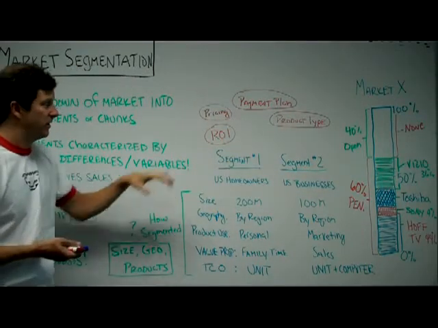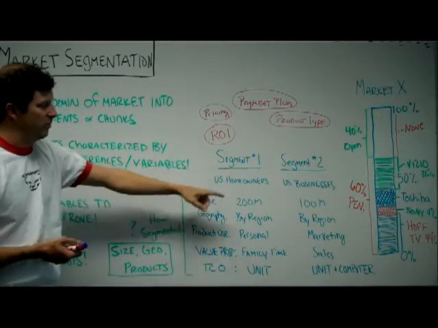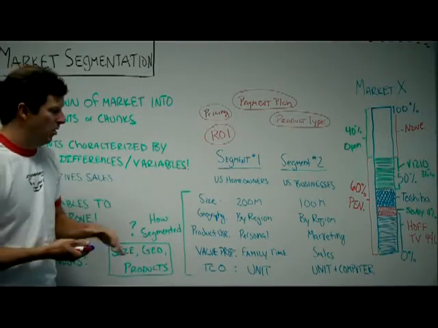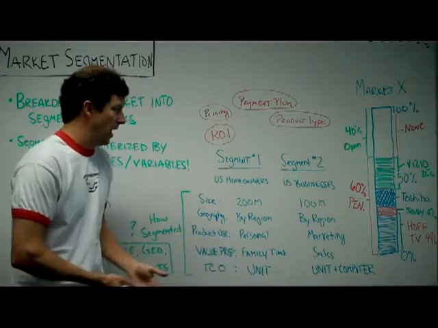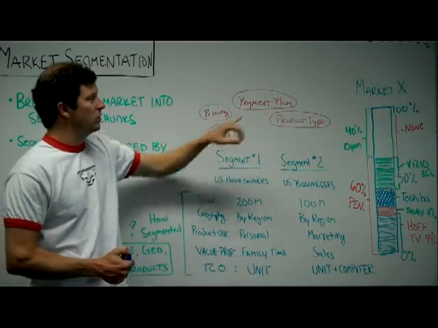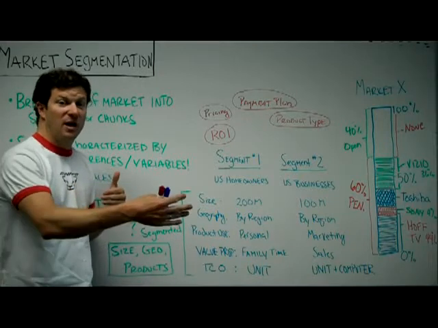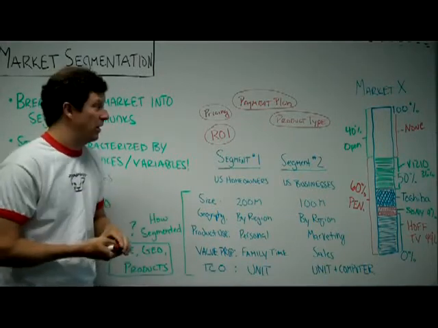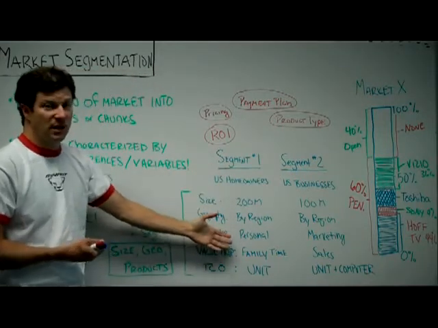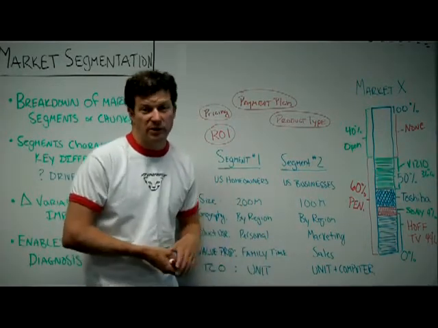to potentially improve sales. So you can change the pricing. You can make it cheaper for homeowners than businesses because businesses aren't as price sensitive. You are going to talk about return on investment differently. For a homeowner, you're going to say, look at all this great family time we create. For a business, you're going to say, a great tool for marketing and sales. You're going to use different payment plans. Maybe homeowners are a little more strapped, so you have them pay over time, whereas businesses have to pay up front. Or you could change product types. You can say, well, we've got these specific TVs that are built for movies. We've got another TV that specifically has a hookup for a computer so that you can run PowerPoint slides.